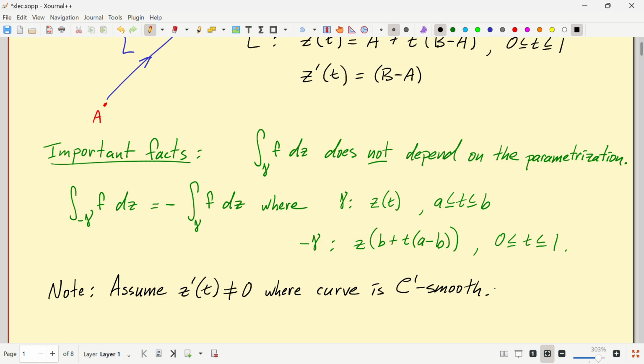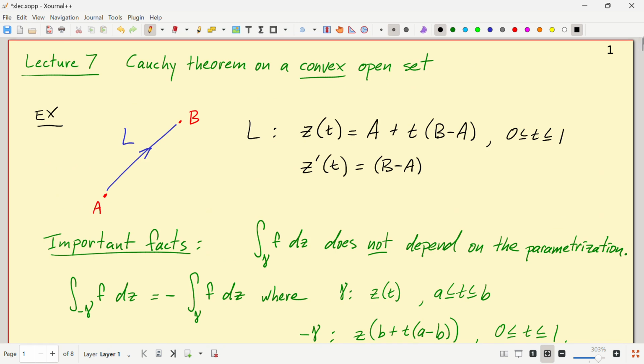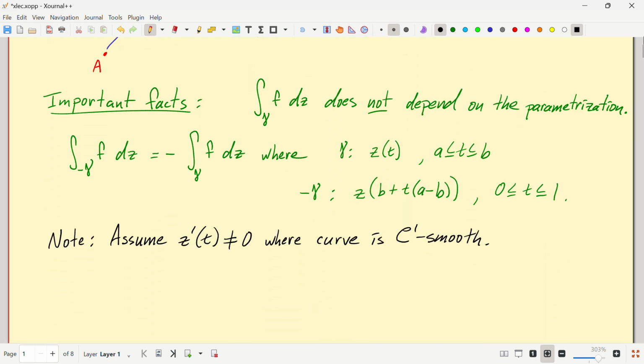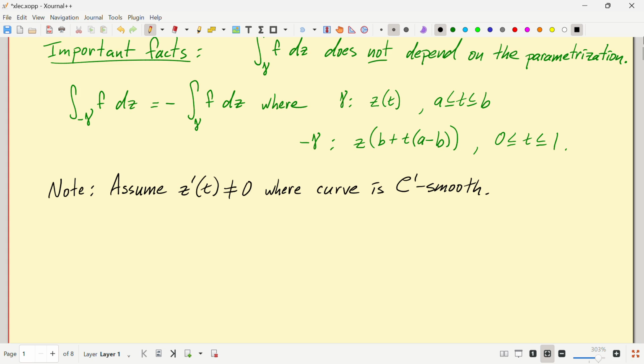So today the topic is Cauchy's theorem on a convex open set, which is amazing that I can get to so quickly. The key to this thing today is the Goursat lemma. It's going to make this pop out in kind of a mind-blowing way. So let me state what the big theorem is today. Suppose omega is a convex open set